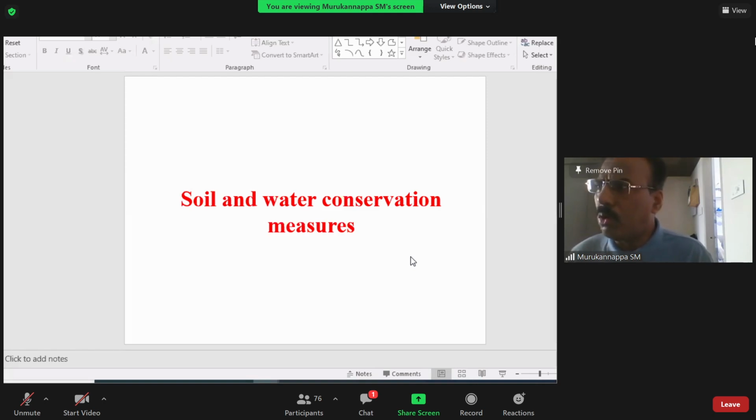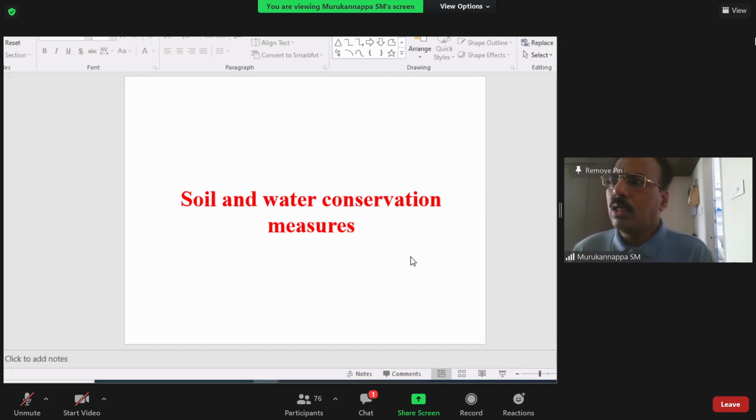If we are going to plan any soil and water conservation measures, you can use the contours. I will explain in other classes how to draw the contour lines, because you have taken the elevation and the observations at different levels from a given catchment area. That will be used for drawing the contour. The contour may help us study how these soil and water conservation measures are adapted.